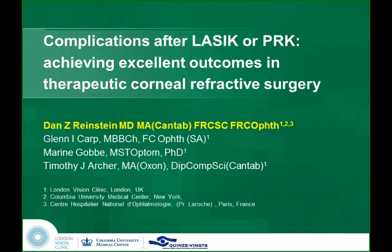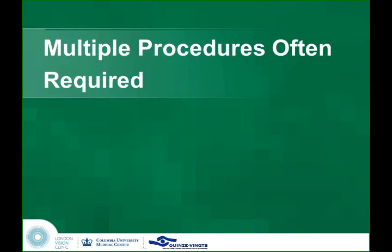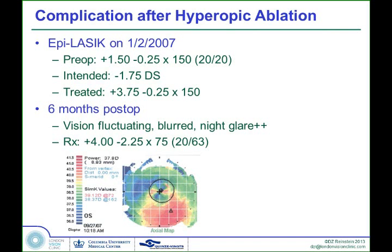And the reason is, of course, that because of the partial compensation function of the epithelium, you often need to do multiple procedures because you're making that gap smaller. That ETR is smaller each time you go in. And to illustrate this beautifully is this case that I showed earlier of the hyperopic treatment that was